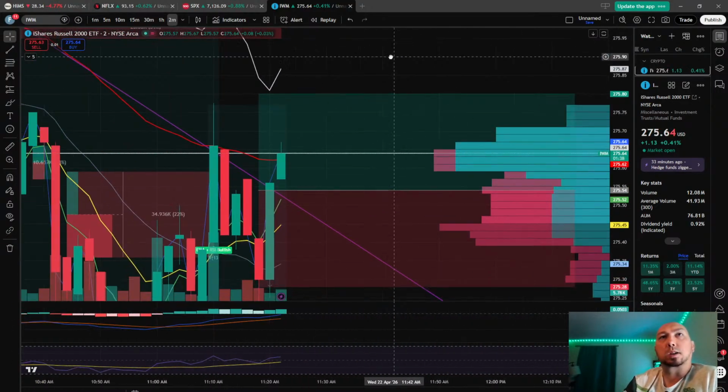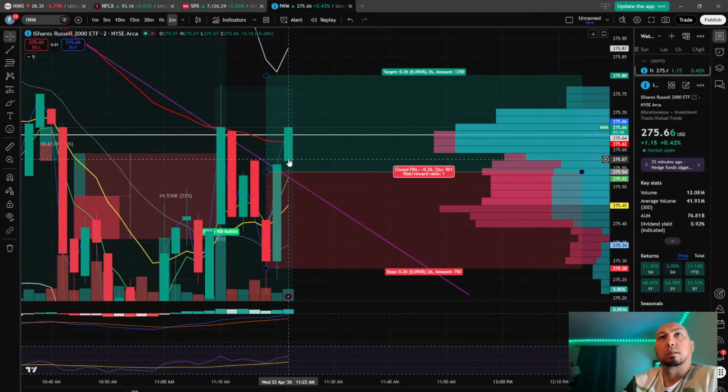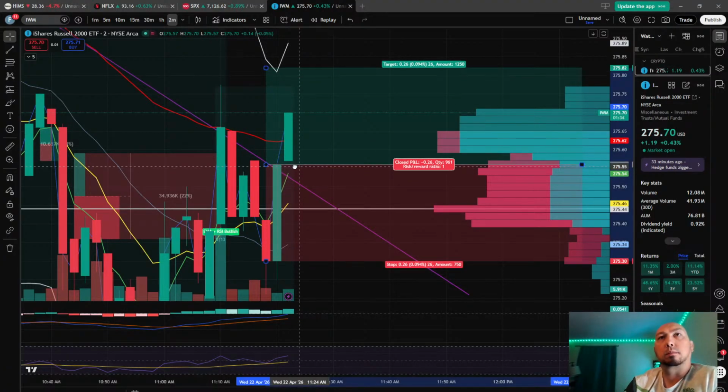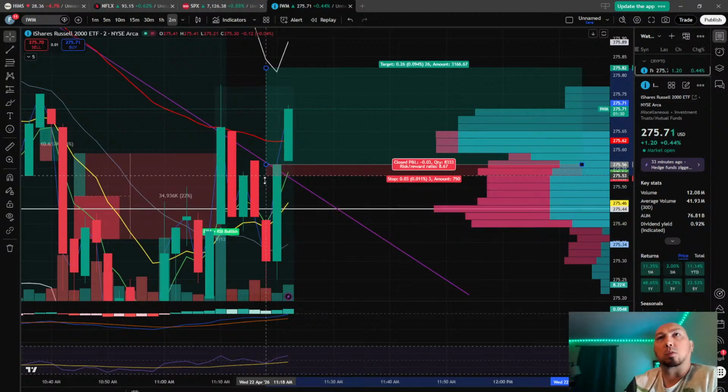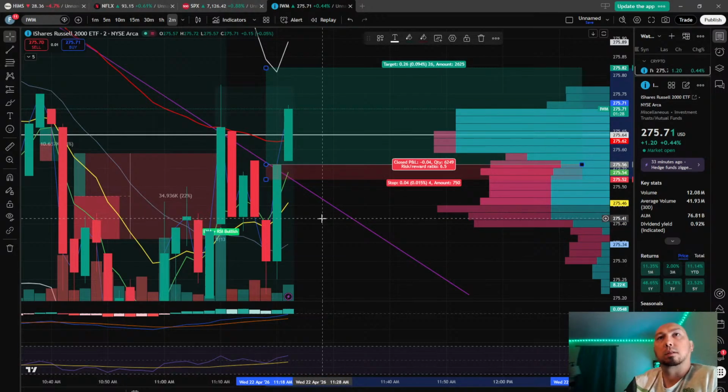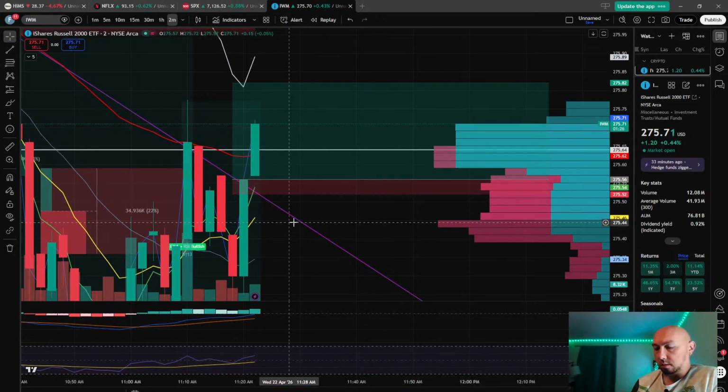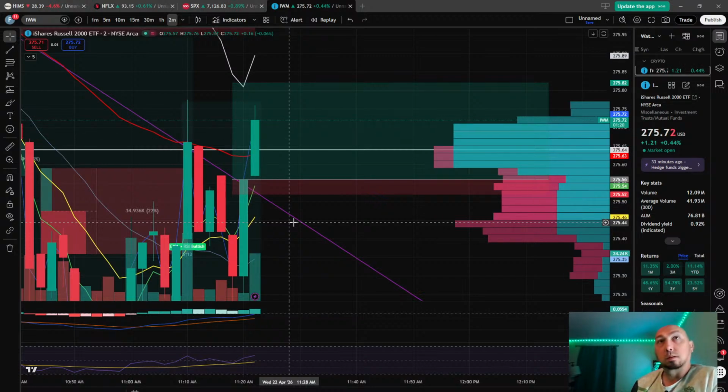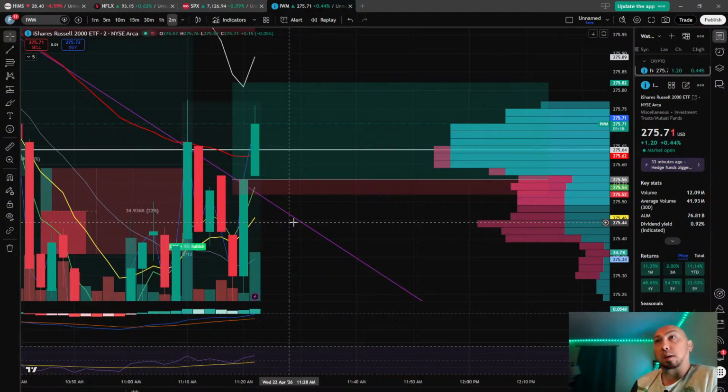We broke out of that purple trend line. Stop loss is going to be way up here. Tight stop loss. See, the buying pressure building, that's good for calls.